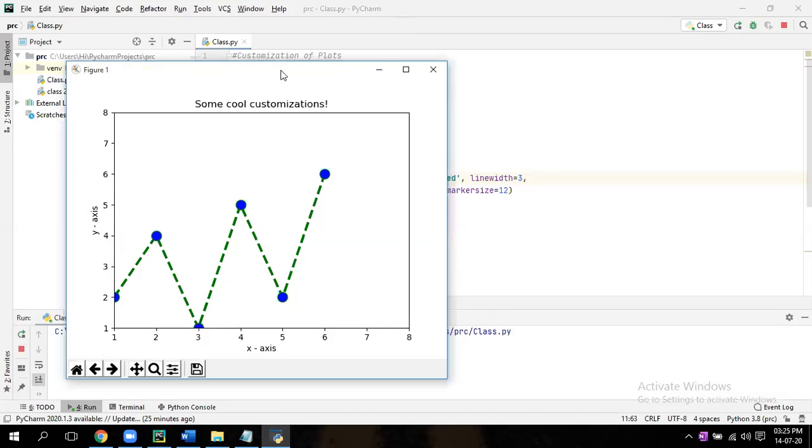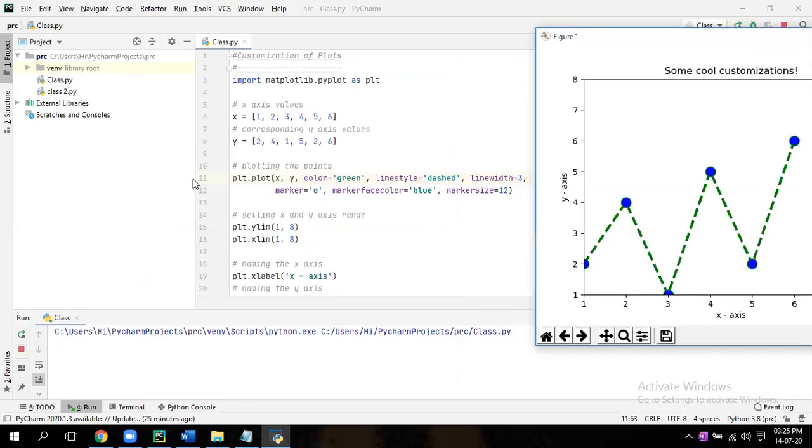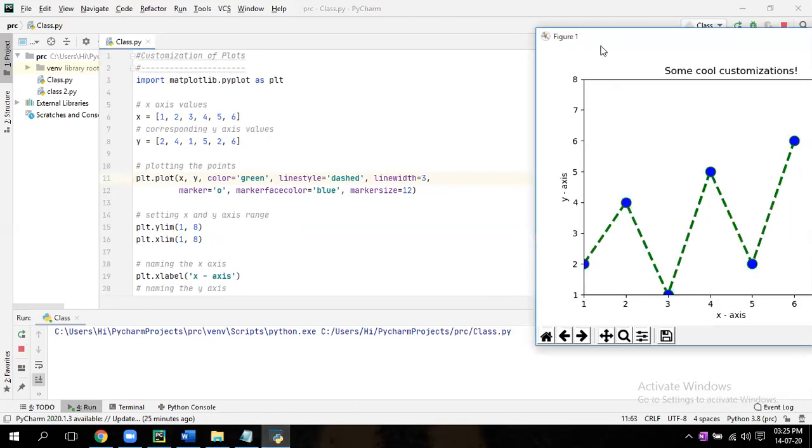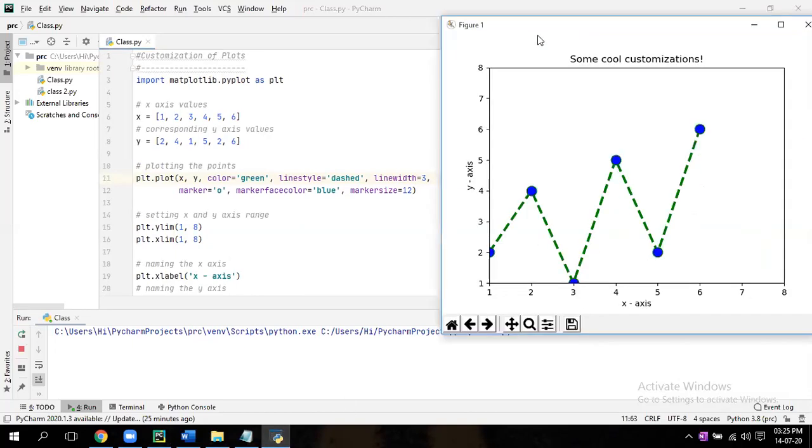Okay, suppose you want some customization, you want a graph like dash dash dash or some points, or you want to change the color, so you can do it. So color means, see, green; instead of green if you want red, you can give red. Line style is dash, so like that, different line styles will be there, you can change it. Then line width, marker is O you have given.